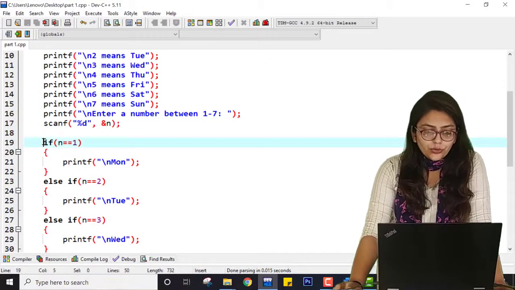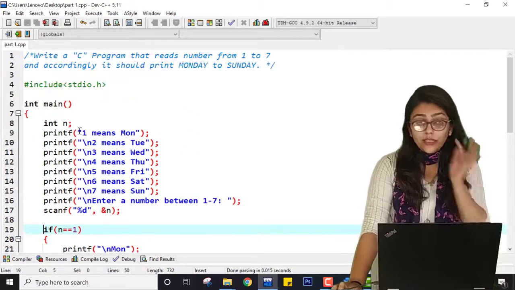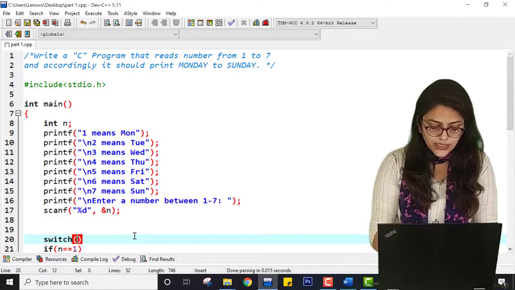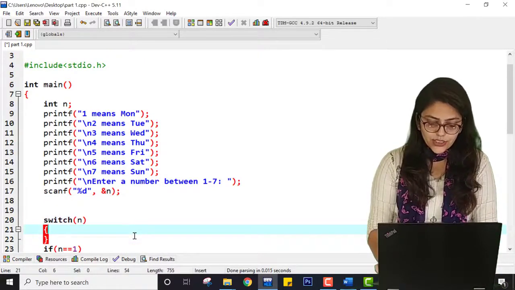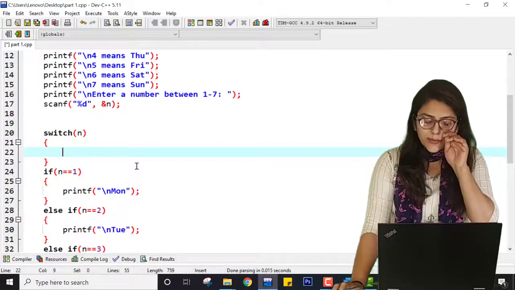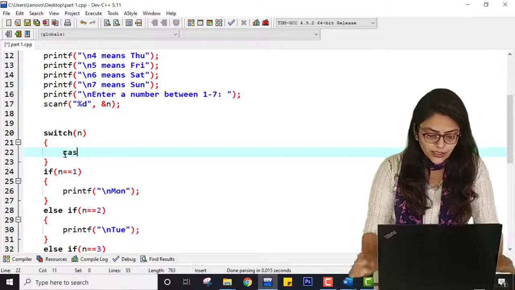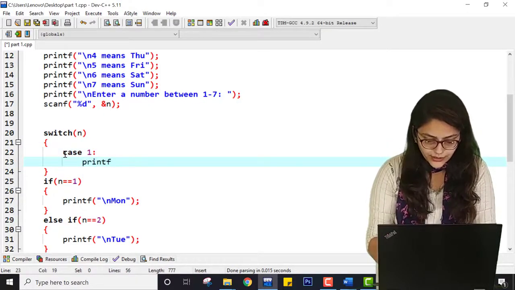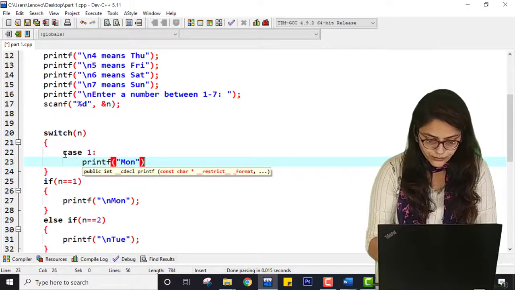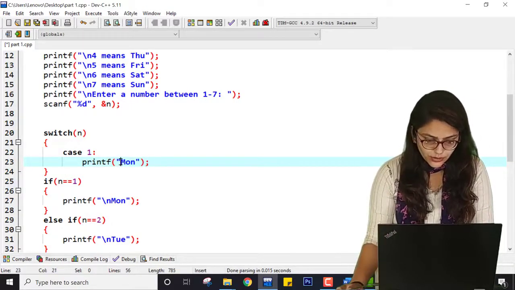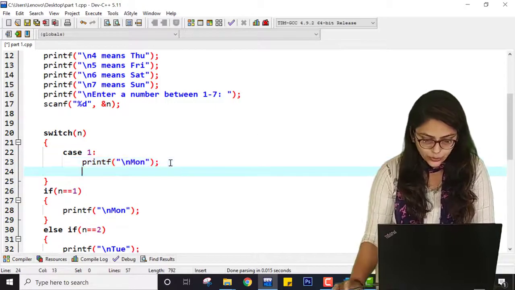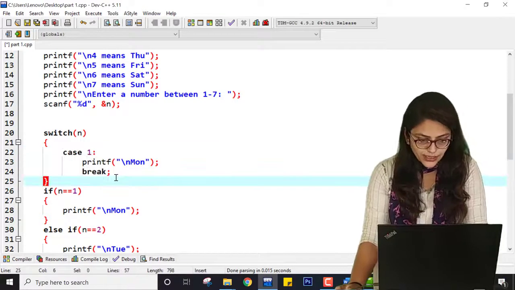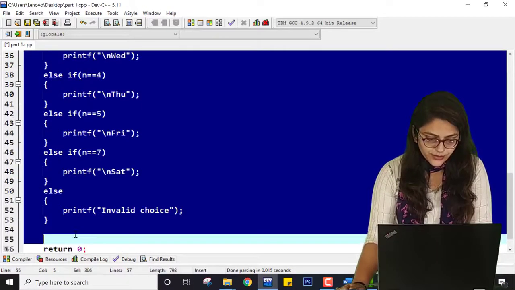Okay, so this is how you can perform this program using else if. Now, what can you do to convert this into switch case? So this will stay common, but here you have to write switch instead of if, and inside this switch I am going to take the value of n, because based on the value of n I am going to print something. Here it will be case 1, accordingly printf Monday, and then here also I have to put \n, and then don't forget to put the break statement, right? So let me just copy this and erase everything else.